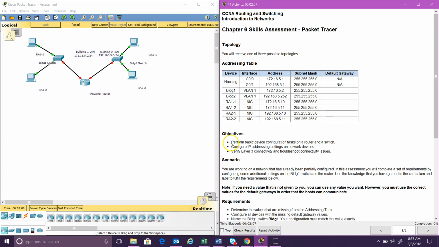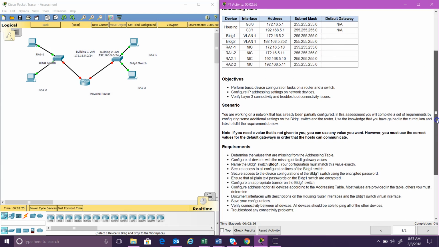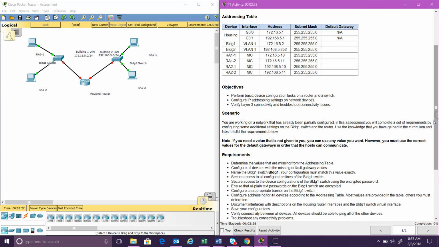Okay, here we have 3 objectives. Perform basic device configuration tasks on a router and a switch. Configure IP addressing settings on network devices, verify layer 3 connectivity, and troubleshoot connectivity issues. Okay, so let's come down and get started with the requirements. Determine the values that should be in the addressing table. So building 1, its default gateway is going to be